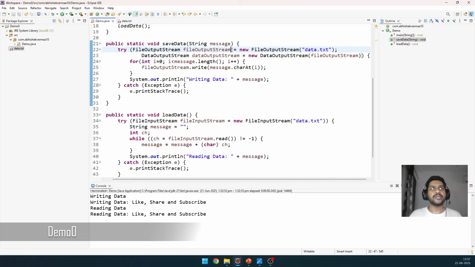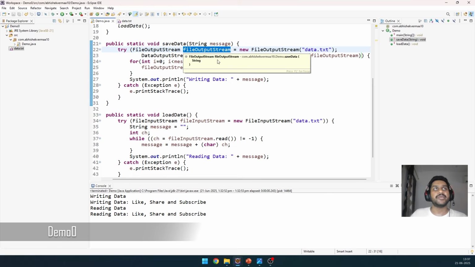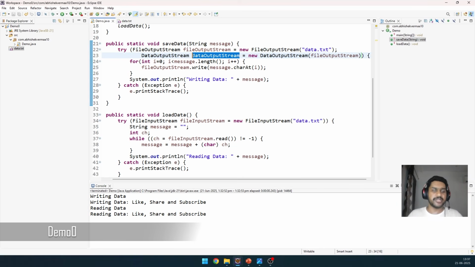So what we are doing, basically, with the help of file output stream, we are mentioning the name of a file. But you see that when we are directly making usage of file output stream, at that point of time, we need to write bytes one by one. So now what we are doing is we are putting this file output stream into another one, which we call data output stream. Now the benefit of data output stream is that I can copy this,